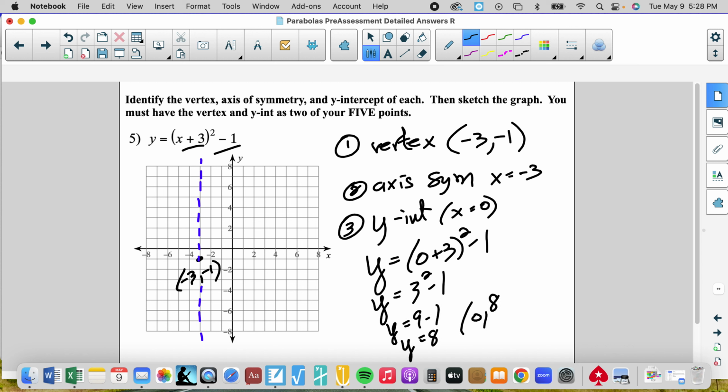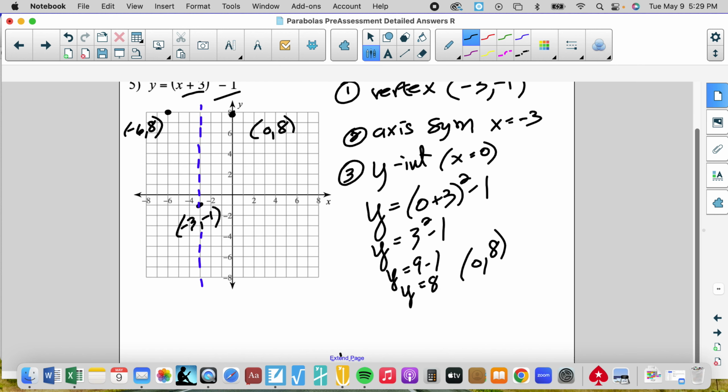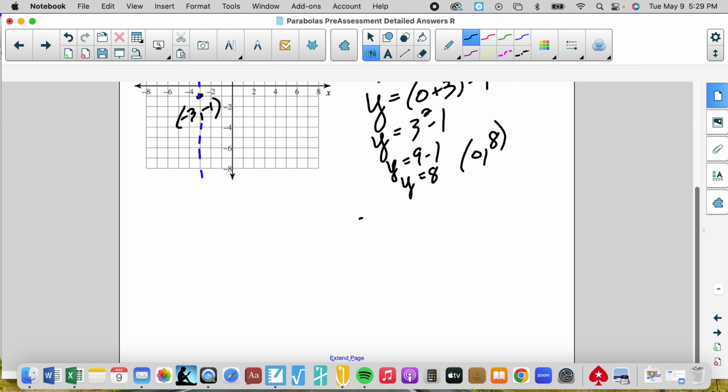0, 8. That is 3 away. 1, 2, 3 away. And that took me to negative 6, 8. And I'm going to pick a point, an x value close to my vertex. So I'm going to take negative 2. So fourth point,